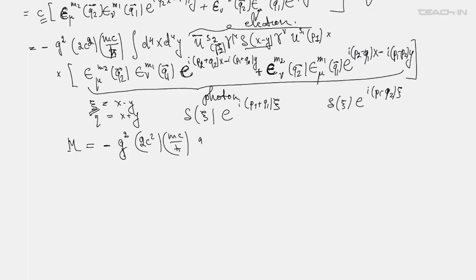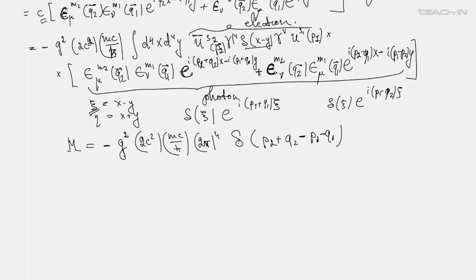Only the exponentials depend on this variable eta, and so integrating you will get this conservation law: P2 plus Q2 should be equal to P1 plus Q1, exactly what you would expect from this matrix element,